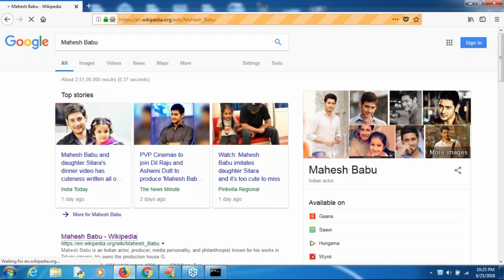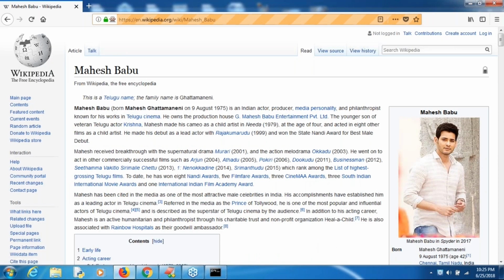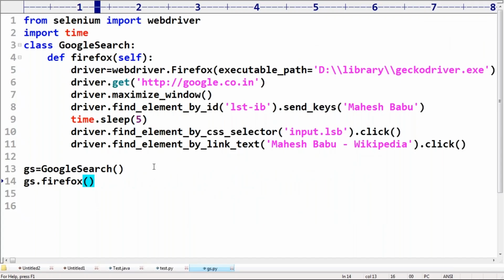Are you getting that? Sir, who is doing all this? My small Python script is doing all these things. Now I'm moving the mouse here. Just observe. Who is doing it, sir? I hope you are able to understand, right? So these types of things we can do by default, sir.